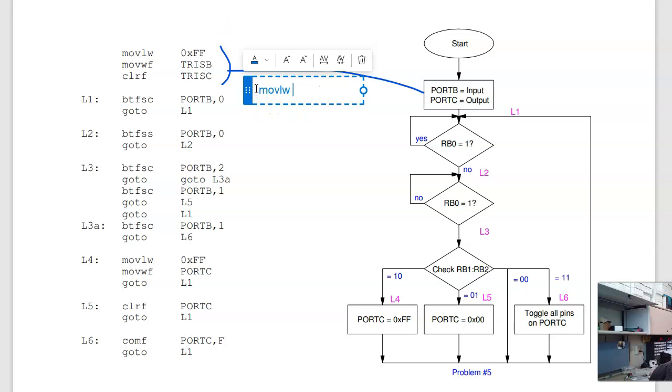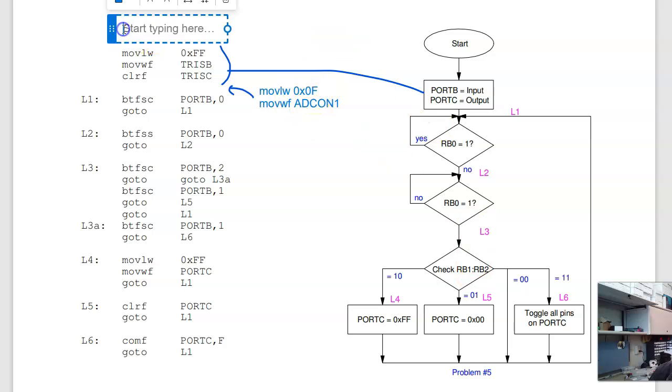MOVLW 0x0F, MOVWF ADCON1. You need to add these 2 lines of code as well to get it to work. The reason being is the default on the PIC is analog. If we need something other than analog, I've got to change the default. That's what this does. It changes it to binary. In addition,